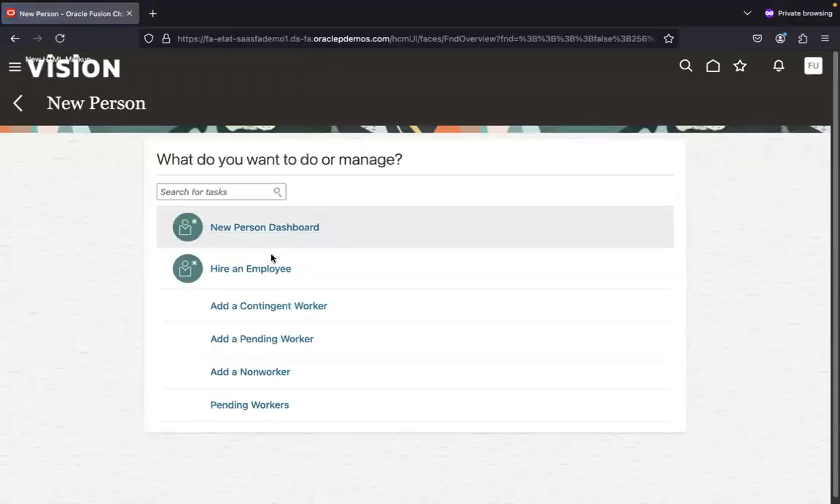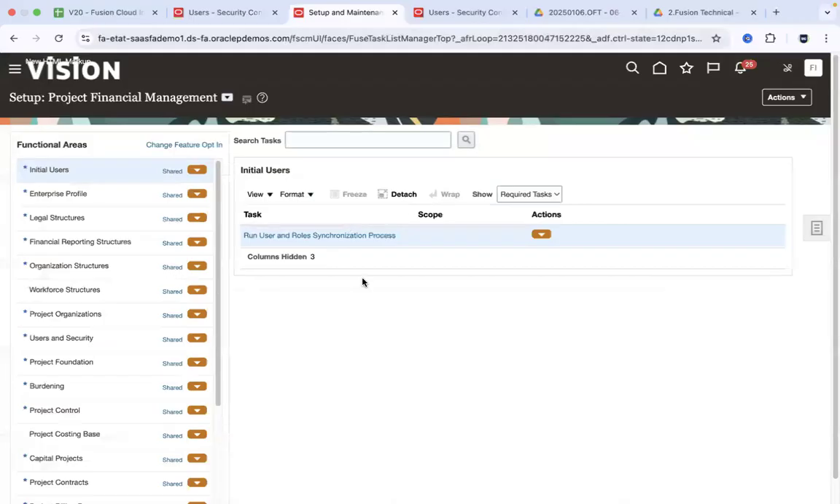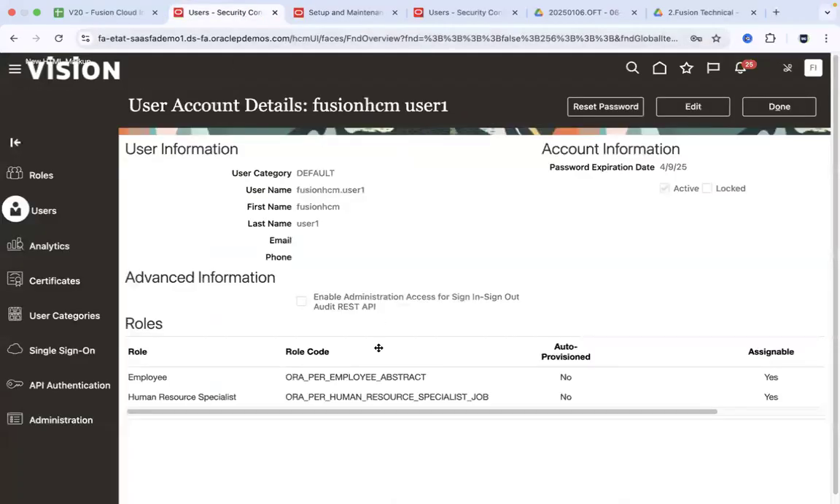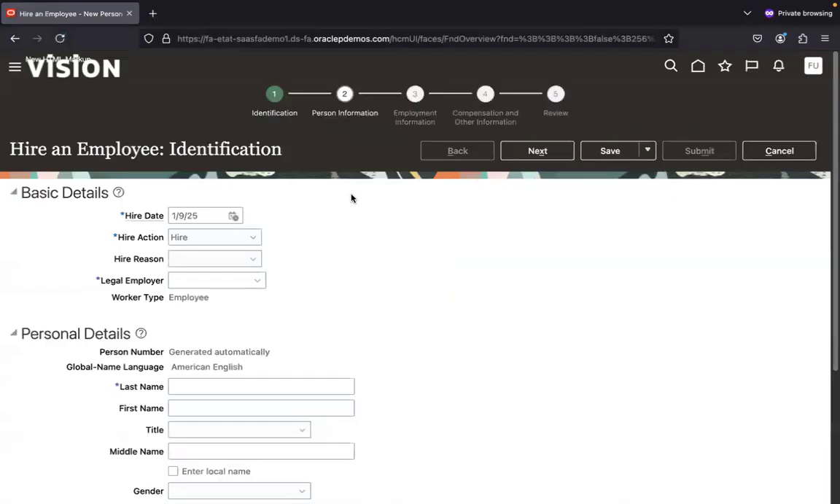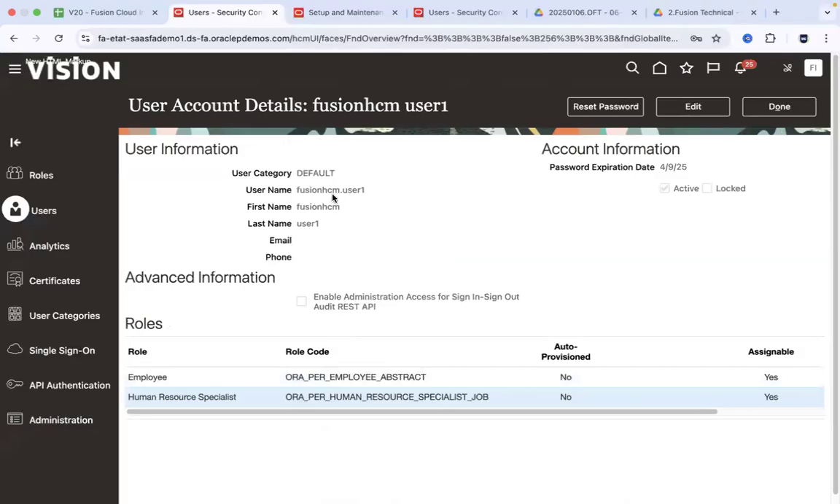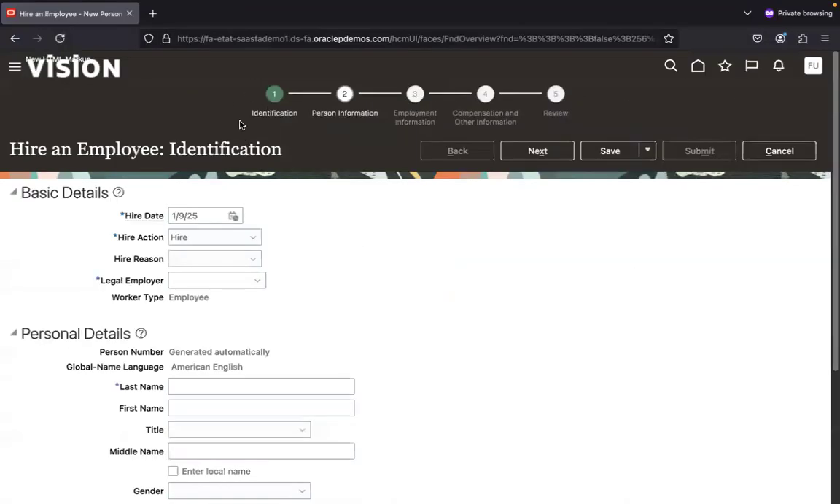What do we know from yesterday's session? Like assigning a job role to the user, what does it give access to, guys? It only gives access to the screens, right? And yes, when we assign the HR specialist role to the user, he's able to see HR related work areas. But when he tries to hire an employee, you see,